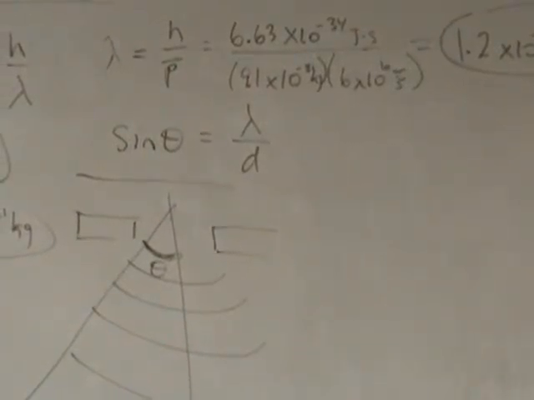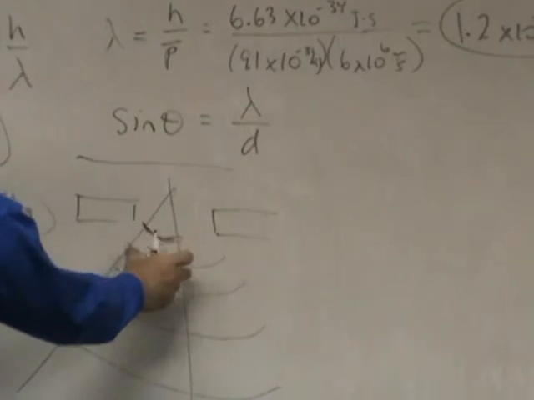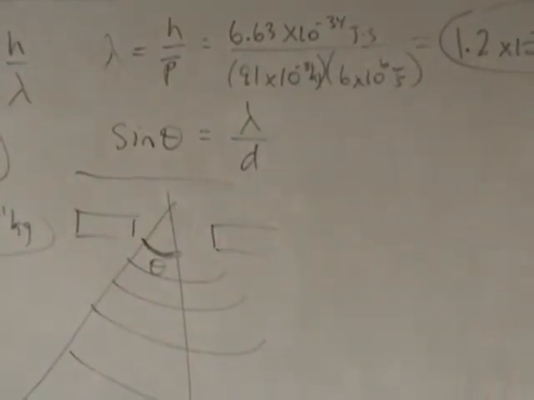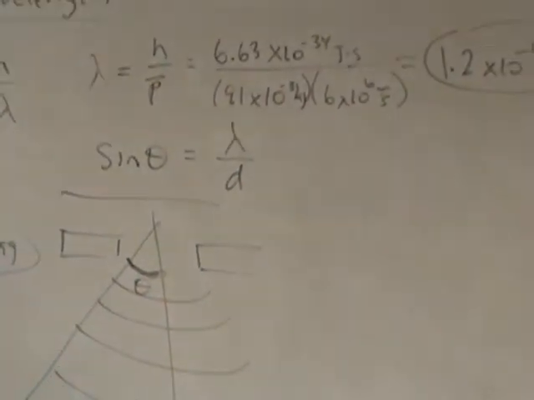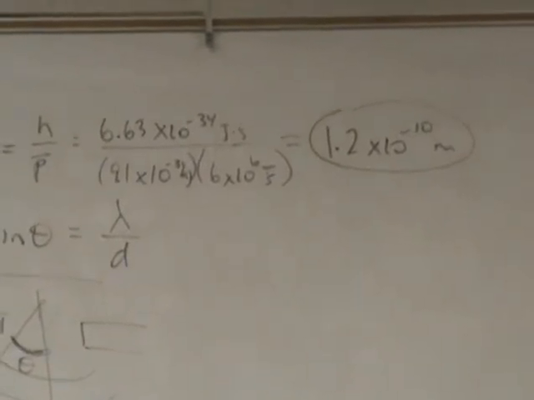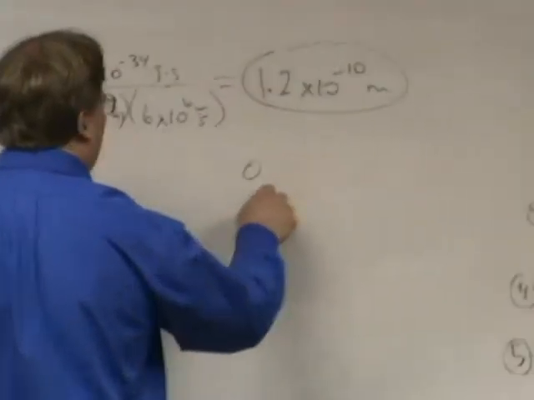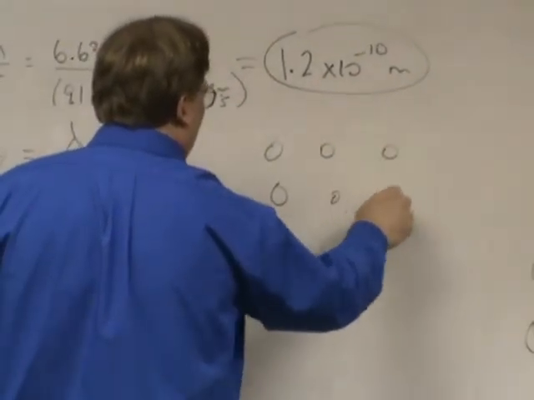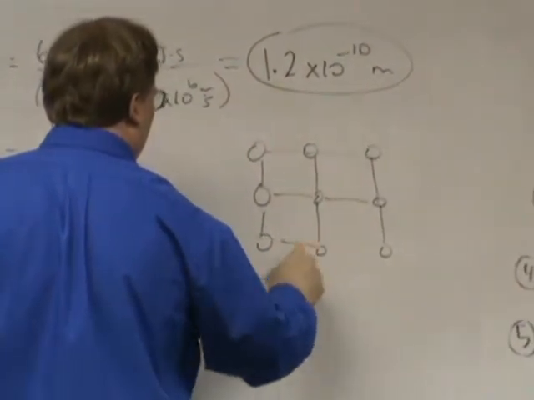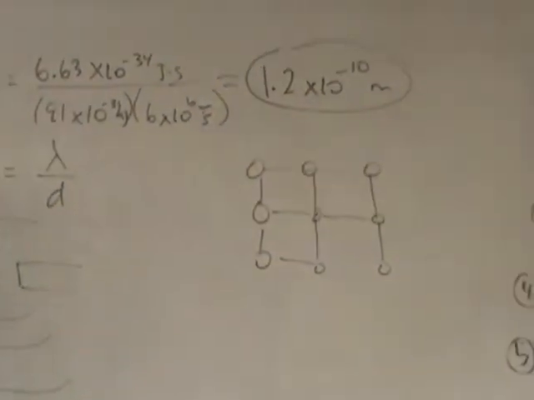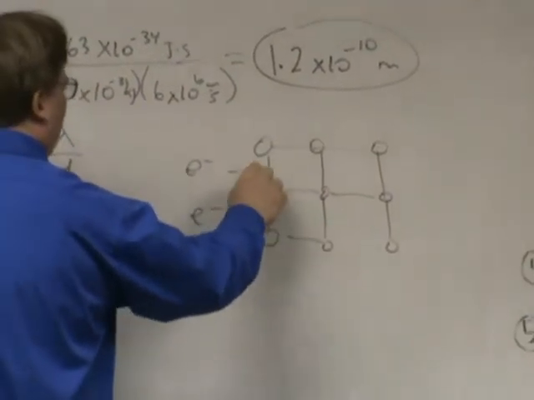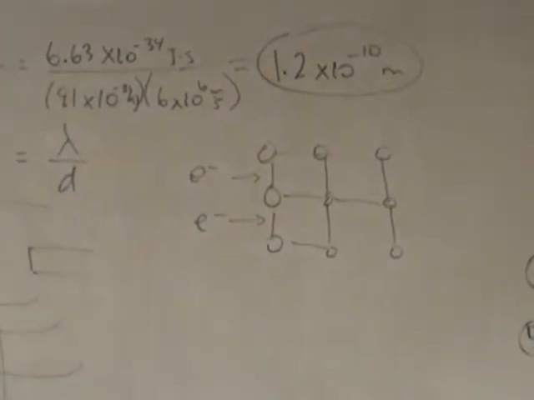When I'm putting waves through a single opening, how much of the wave comes out and how much is it curved? Is it hard? Well, look at this number, wavelength. Did you know that that number is comparable to the interatomic spacing of a crystal? That is, if you have a crystal lattice structure, those spaces are comparable to that number, which means when you shoot electrons through that crystal lattice, those electrons are